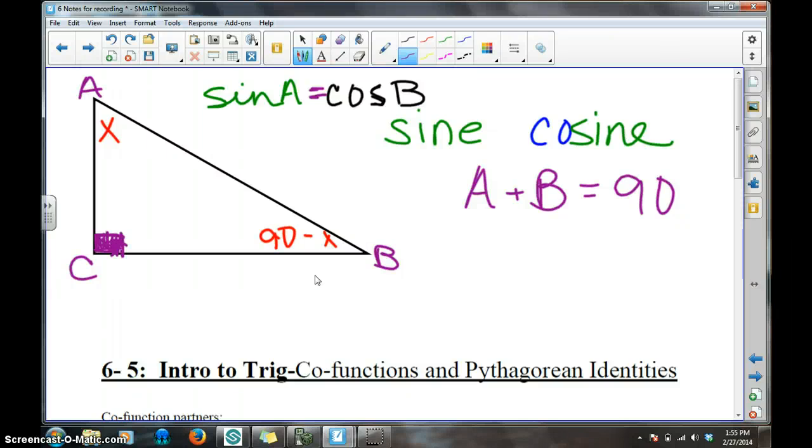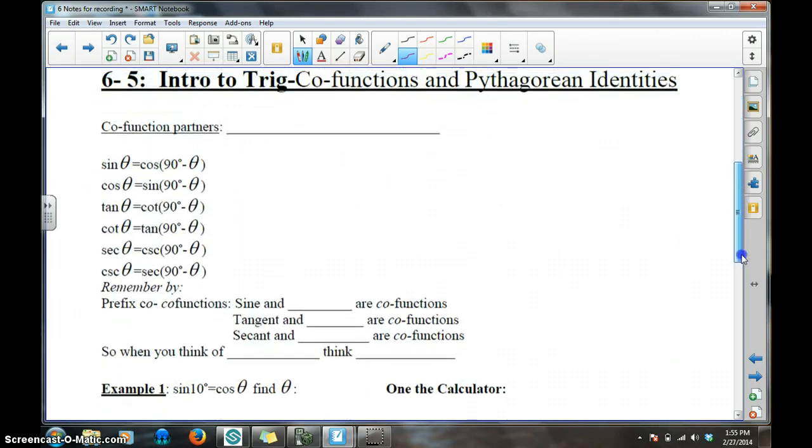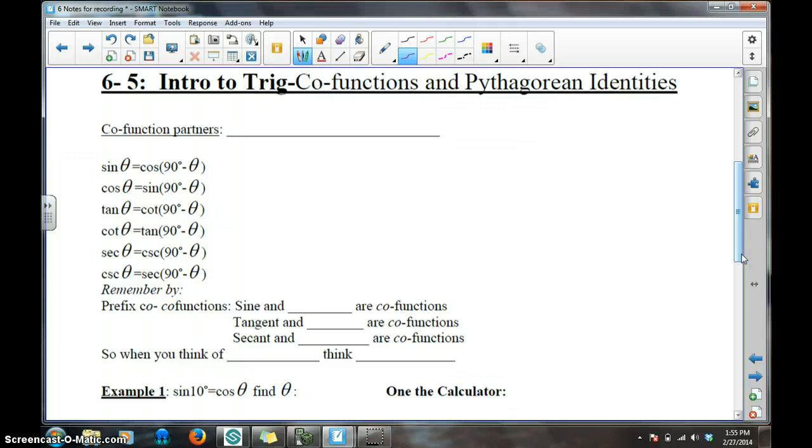So today we're going to explore this relationship that we talked about on the first day, about how the sine of one acute angle in a right triangle and the cosine of the opposite acute angle in a right triangle will always share the same answer. They are called co-function relationships, and co-function partners are two trig functions,